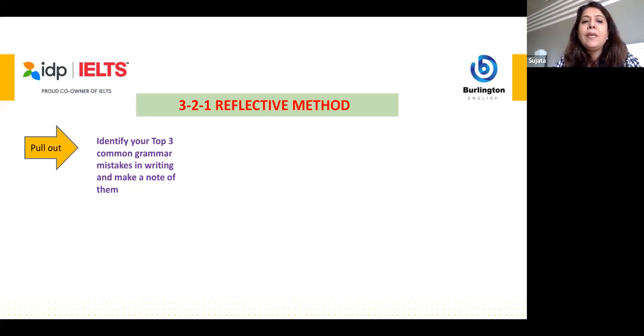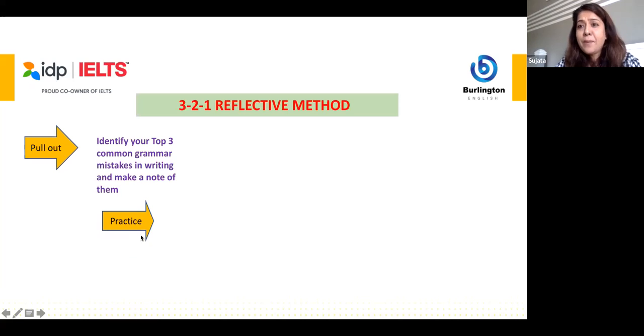And then you are making 2 prepositional mistakes. So that's also much. You make it a third priority list. So have 3 top common errors in terms of the repeated nature of those errors, in terms of the frequency in your writing for those errors. Make them and identify, pull out. Unless you know your errors, you will not know how to work on them.